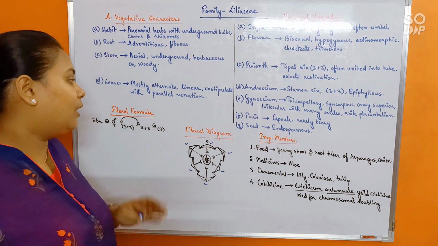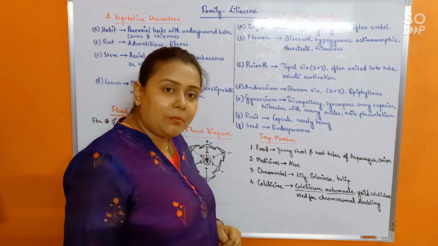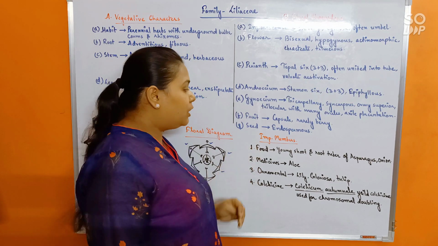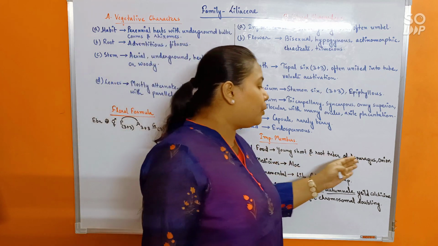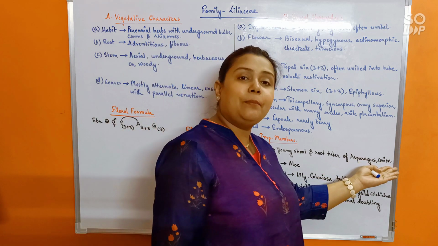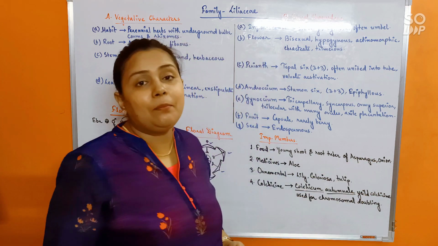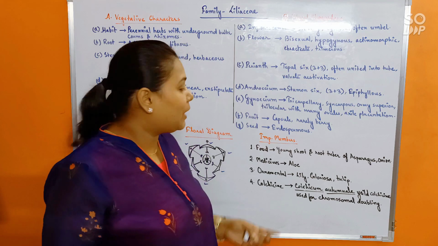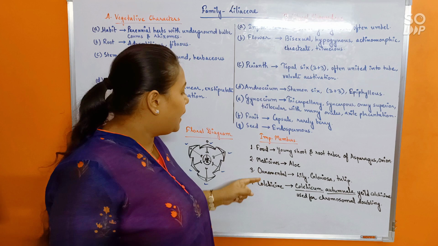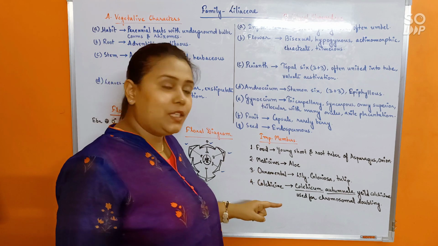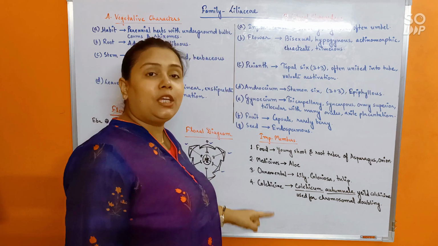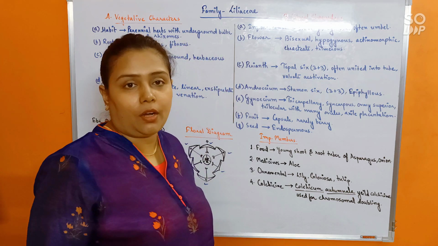Okay. The last thing being the important members again. The important members are again under the 4 categories. Food: young shoot and root tuber of asparagus when cooked can be eaten. Likewise, the very important member here would be Allium cepa, that is onion. Next, medicines: aloe vera. Next, ornamental plants would be lily, gloriosa and tulip. And finally, colchicine. It's a very, very important one.